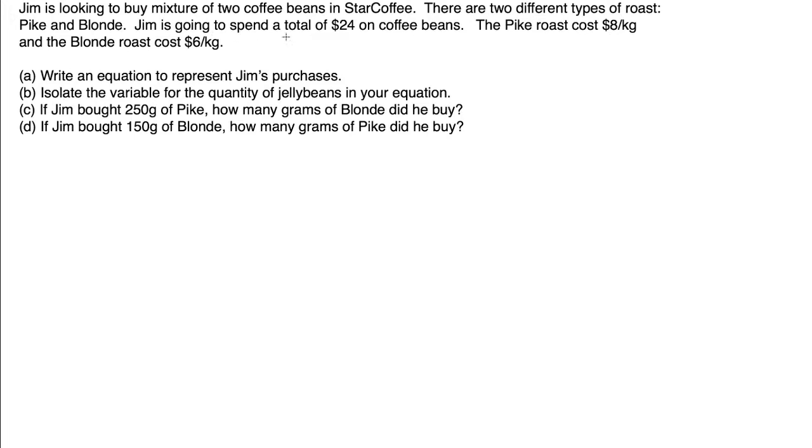Jim is going to spend a total of $24 on coffee beans, and they tell us the Pike costs $8 per kilogram and Blonde costs $6 per kilogram. Write an equation to represent Jim's purchases. Okay, so there's 2 different types that we are buying. Okay, we don't know the quantity of either, so we have to let X be the quantity